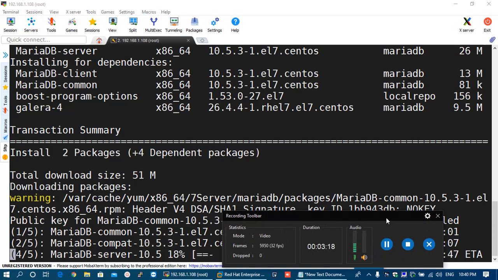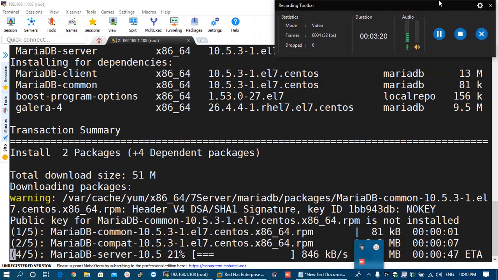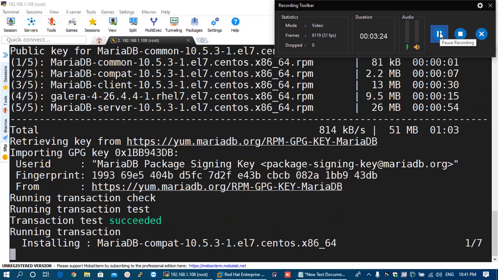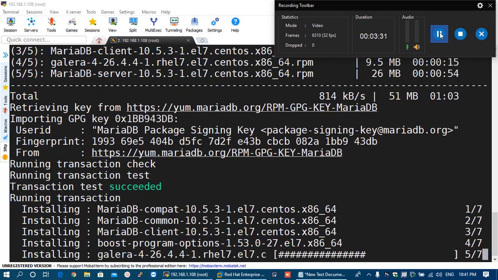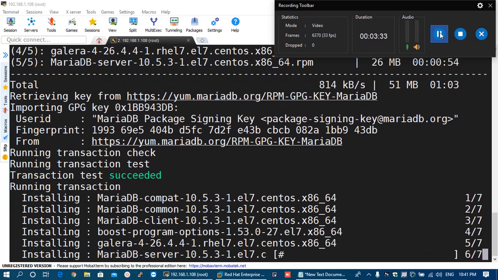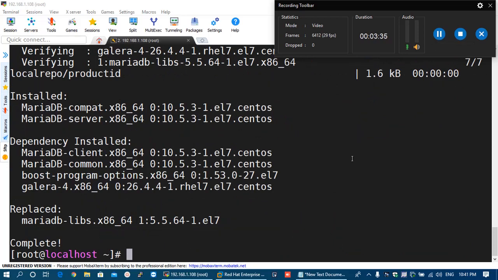It will take some more time, so I am going to pause the video for this duration. You can see that the packages are being installed. You can see that the installation has been successfully completed.